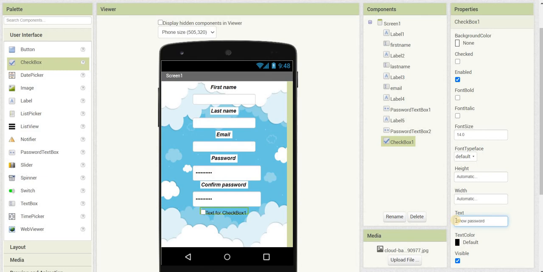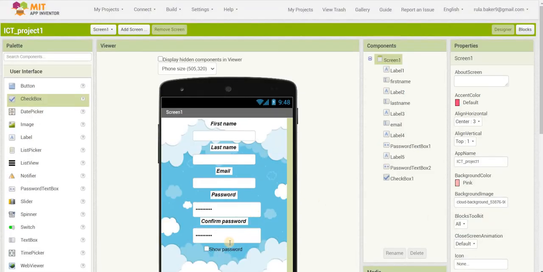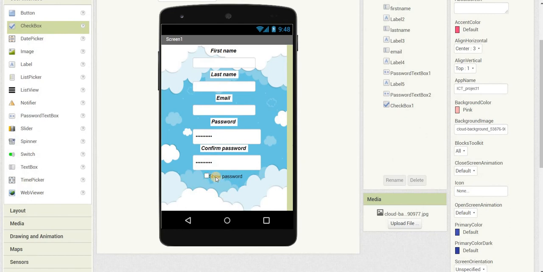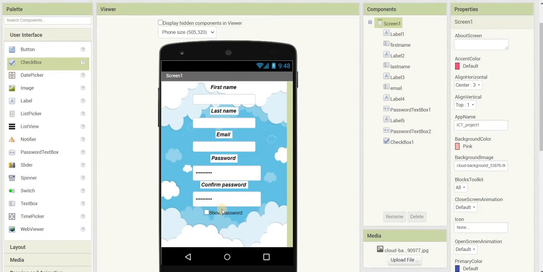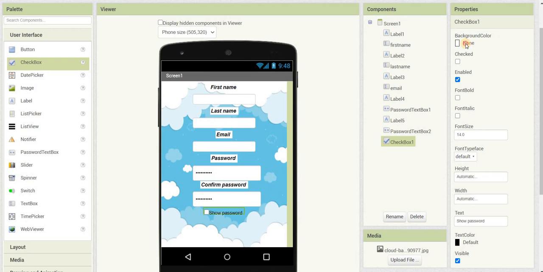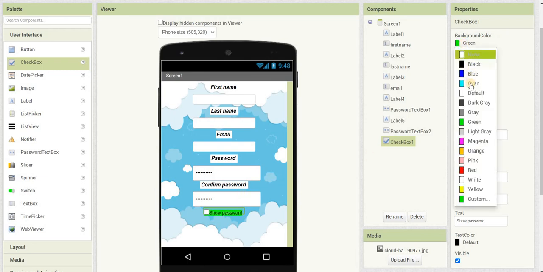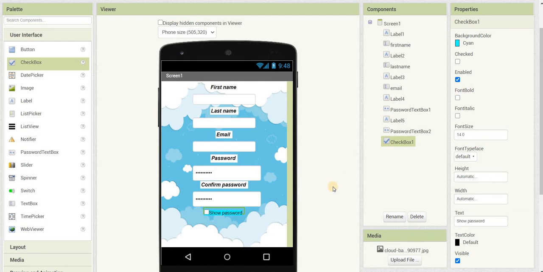password. Now if your background is dark for the text to show, you can also add a background to it. From here, background color, you can put a background around the text like this. Okay, now the last step is